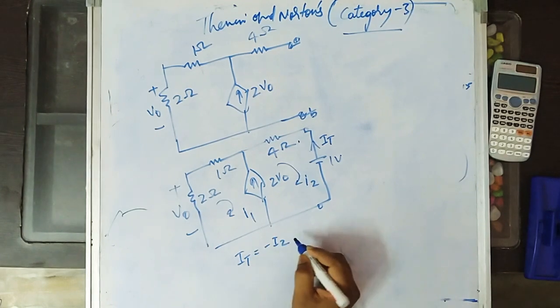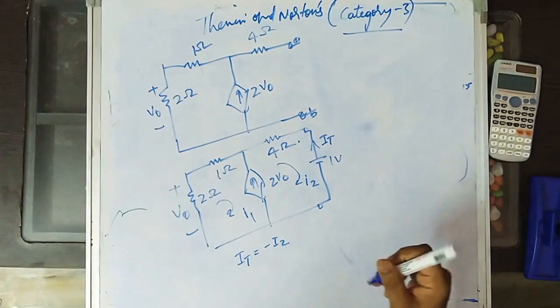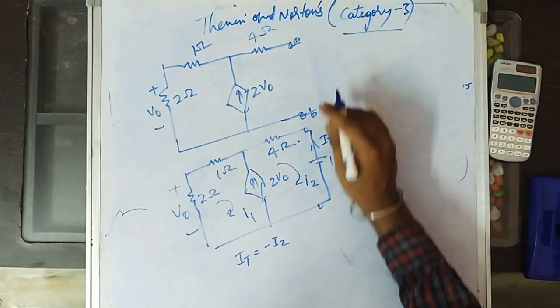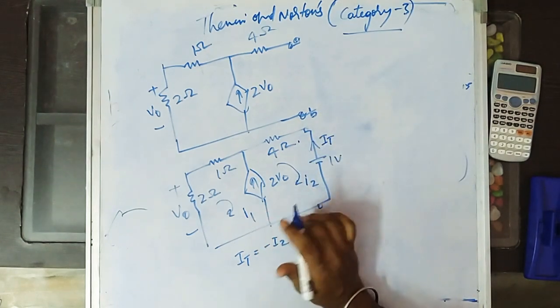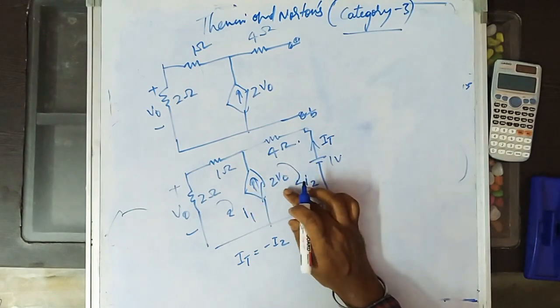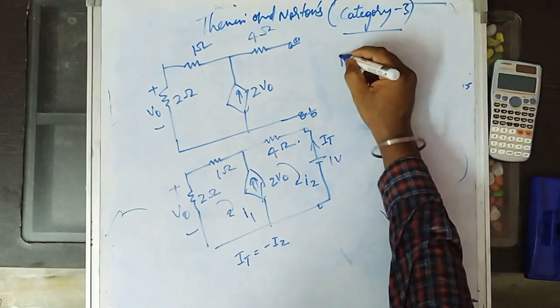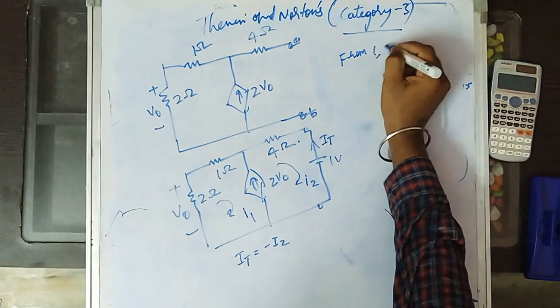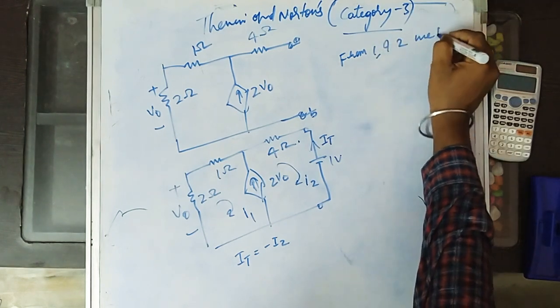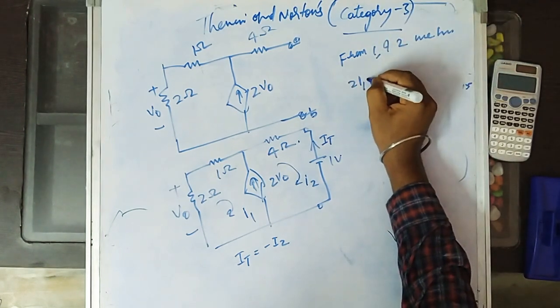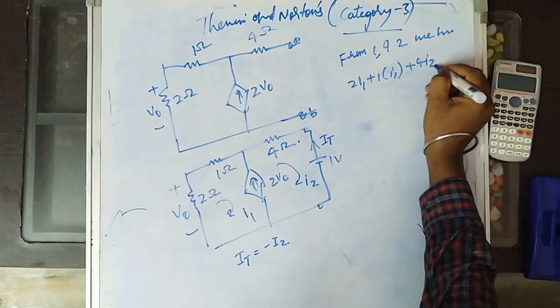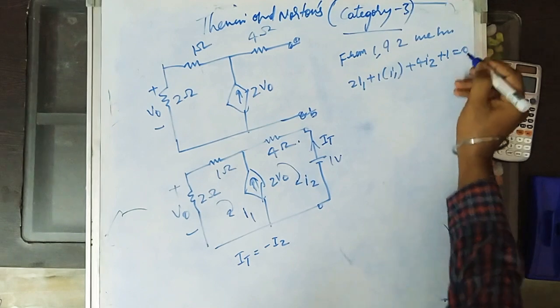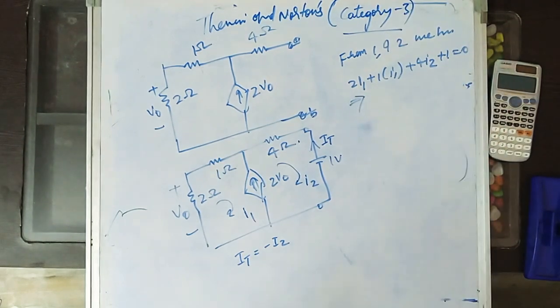Minus I2. So to find I1, I2, we have mesh analysis. By mesh, if you observe carefully, this I1, I2 is our super mesh. Why? Because this is a current source, a voltage dependent current source. From 1 and 2, we have 2 I1 plus 1 into I1 plus 4 I2 plus 1 equal to 0. So solving that, you'll get